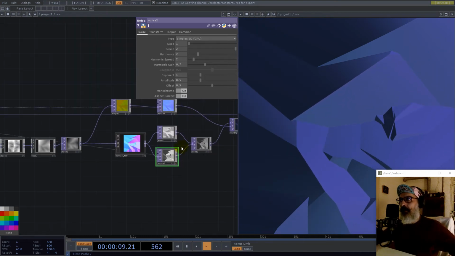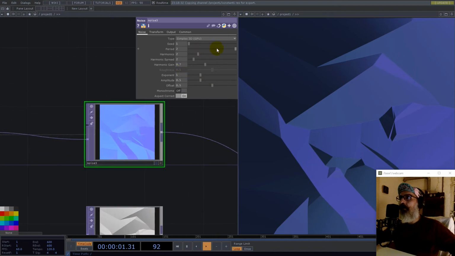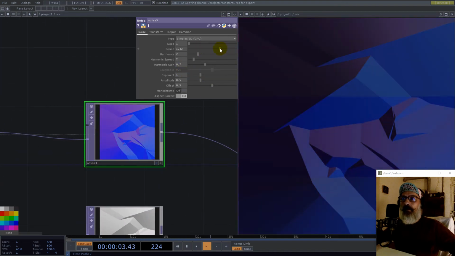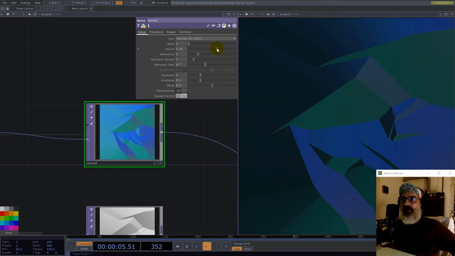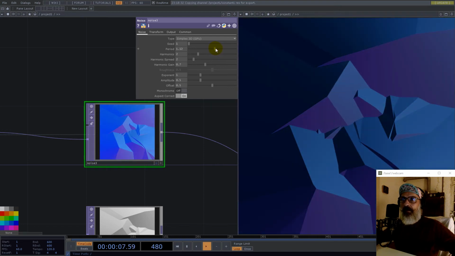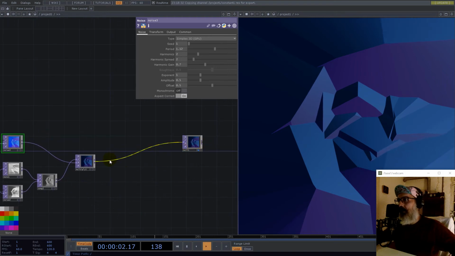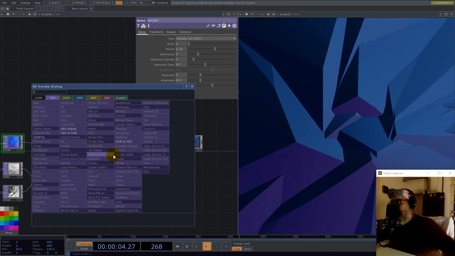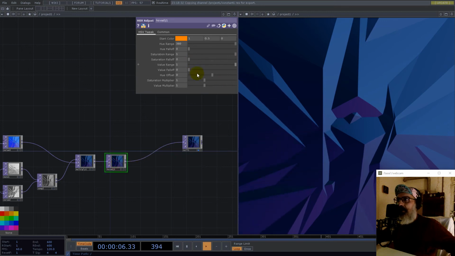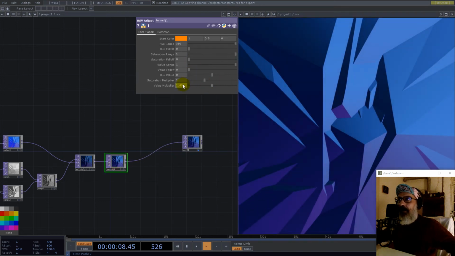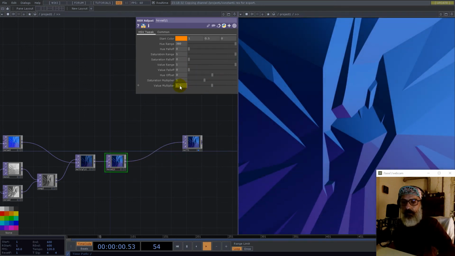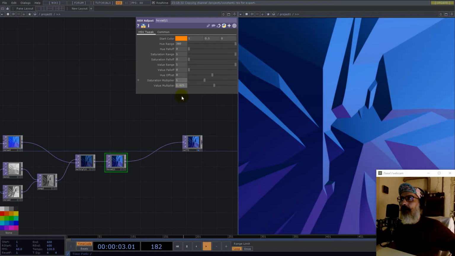So I'm good with this output. Okay, so yeah, you can take whatever colors you want, and maybe with HSV adjust here we can light it up a little bit. So yeah,